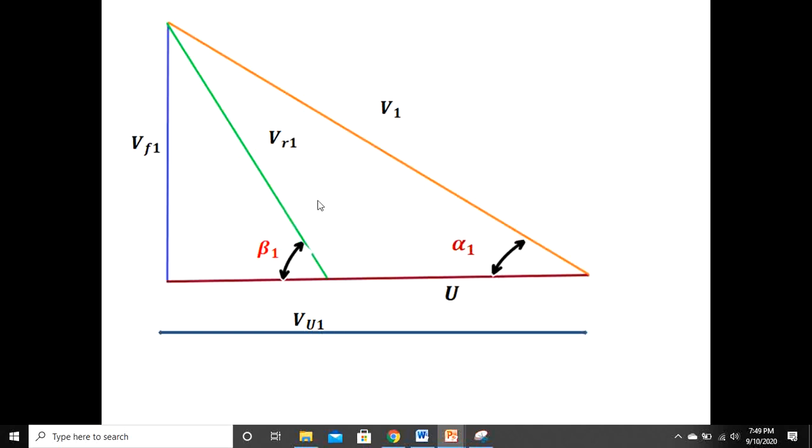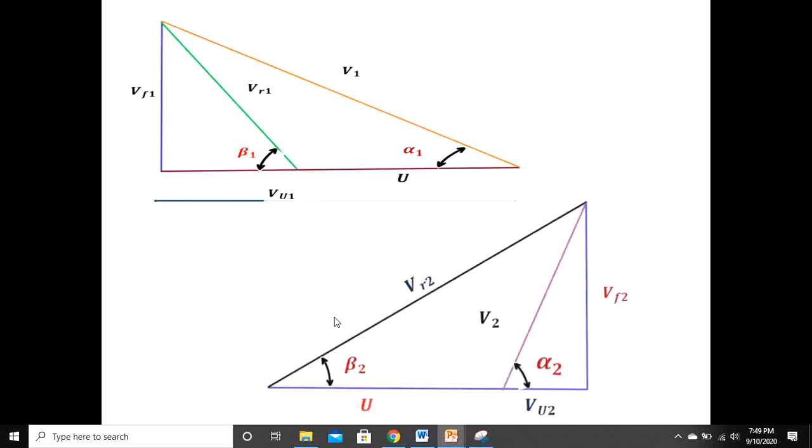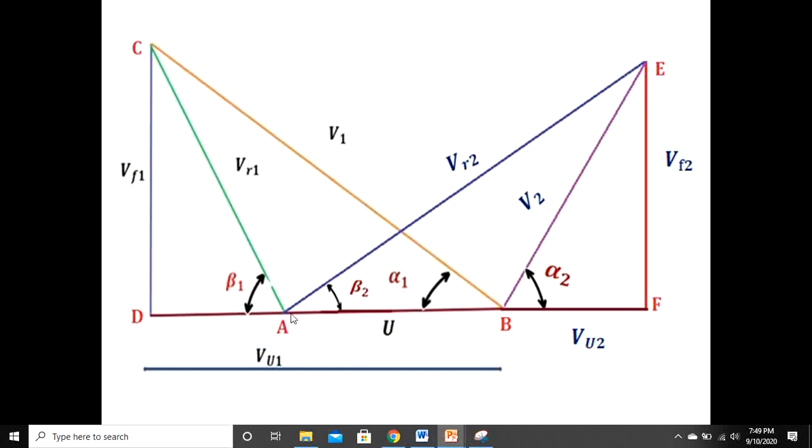This velocity triangle you want to write, and the exit velocity triangle, u again, since it is axial flow, that's why u1 is equal to u. Next V2, Vf2, Vr2, u2; u1 is equal to u2 for an axial flow turbine. Inlet velocity triangle, outlet velocity triangle. See, these have a common base, so you can write the common base velocity triangle. This is the combination, the common base velocity triangle.